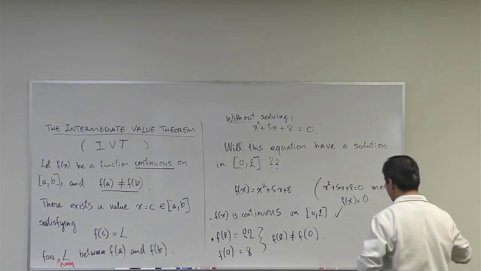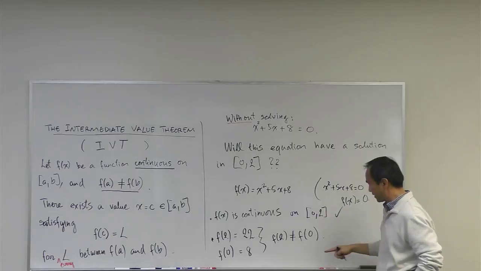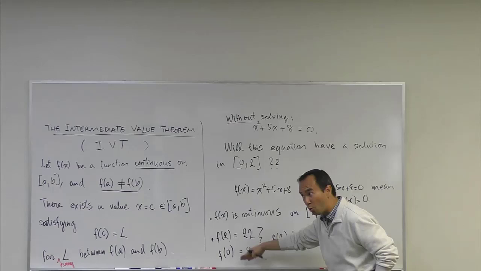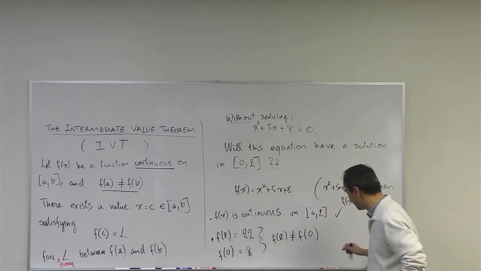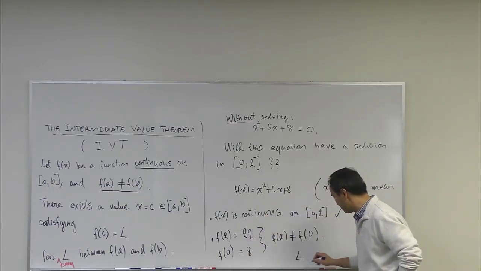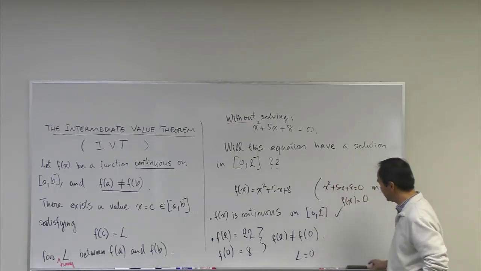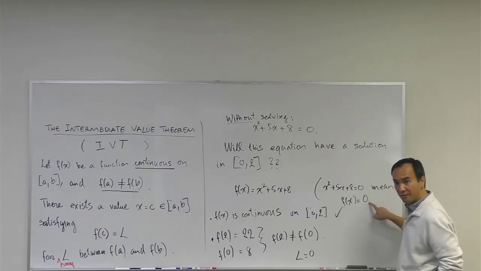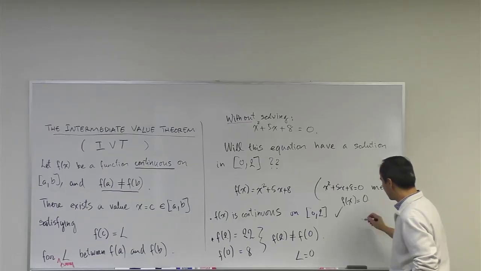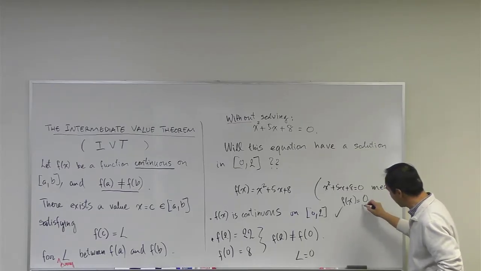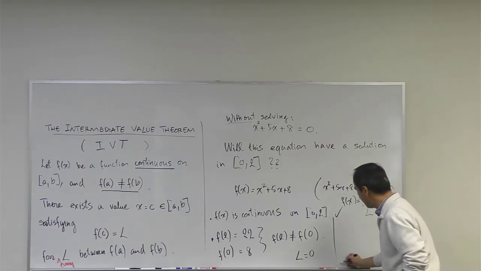Okay. And so now think about the vertical interval right here. These two values are on the vertical axis, the y-axis. This time I'm seeing that the value L is actually equal to 0, because your equation means f of x equals 0. So with that value L equals 0 right here, can there be, can we find